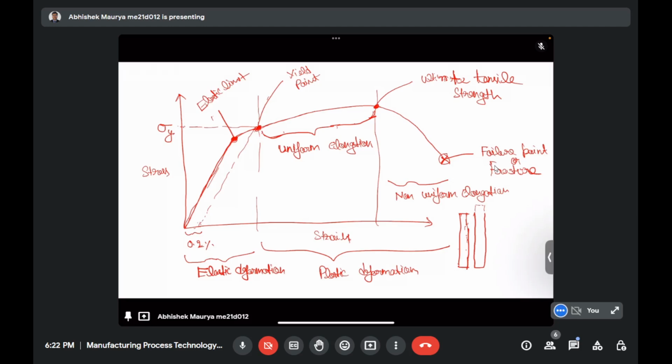If we remove the load, then the material length will again get recovered if we apply a load less than the elastic limit. But if we apply some load which is greater than the elastic limit but less than ultimate tensile strength, then again the length of the material will change. Suppose here we have length L0. In the second case, sigma is less than sigma y. The third case is sigma less than sigma UTS but greater than sigma y. So here a small delta L length change will take place, and if we remove the load, that length will get recovered. But if we apply a load greater than the sigma yield, then